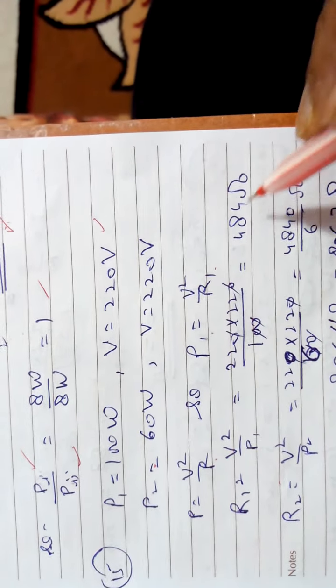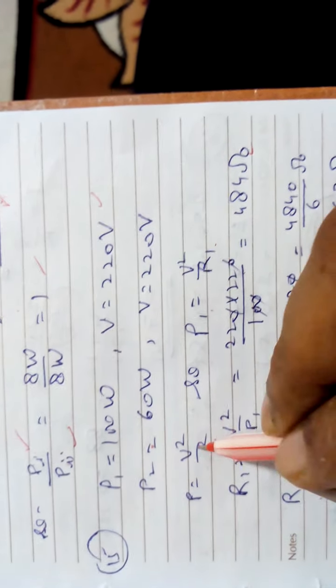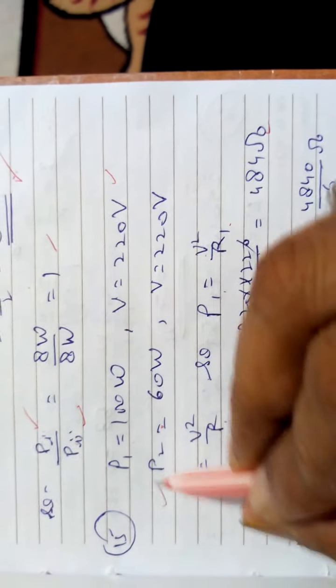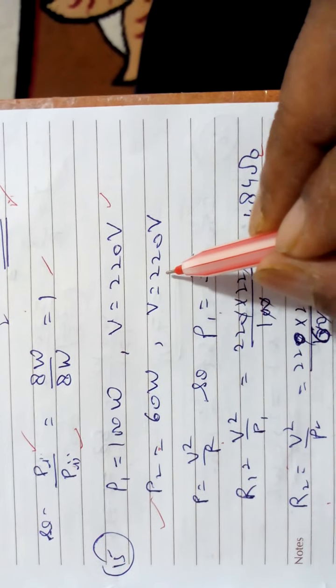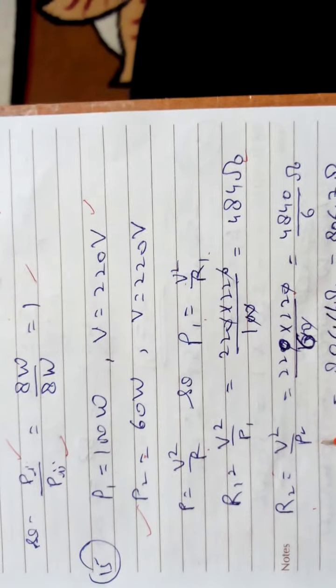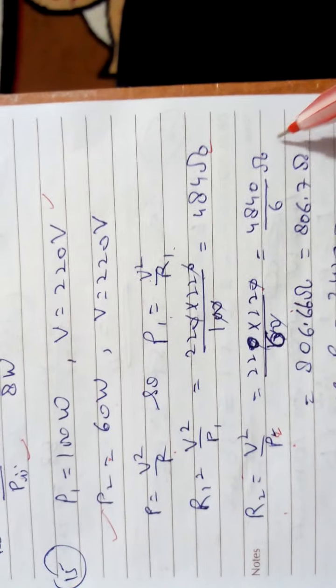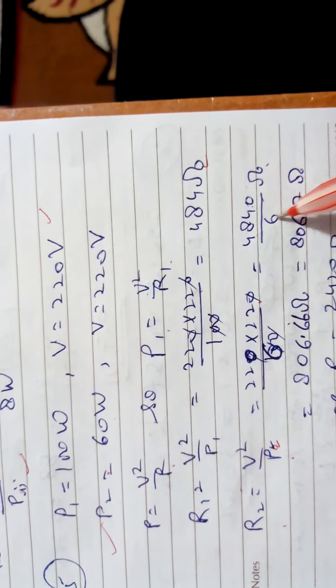R1 is 484 ohm, 22 into 22. R2 will be by the same formula. For this P2, R2 will be 220 into 220 upon P2. P2 is given as 60 watts. So you are getting 4840 by 6 ohm,